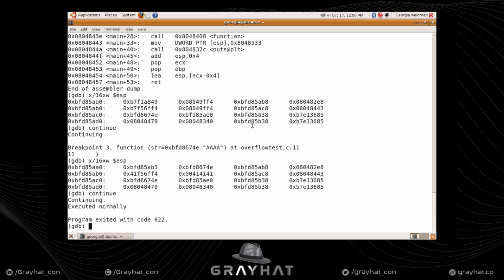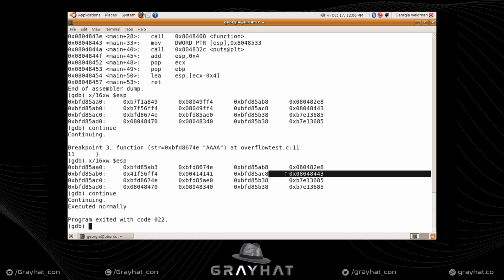Alright, so now what we want to do is actually try and exploit this. In our last run, we just gave it 4 A's as the input, and they showed up in memory, and they seem to be, well, backwards. And here's our return address right here. If we recall, that is the next instruction in main to be executed,